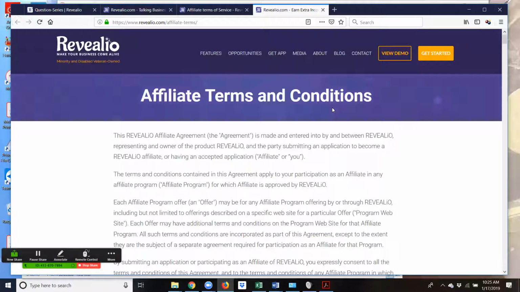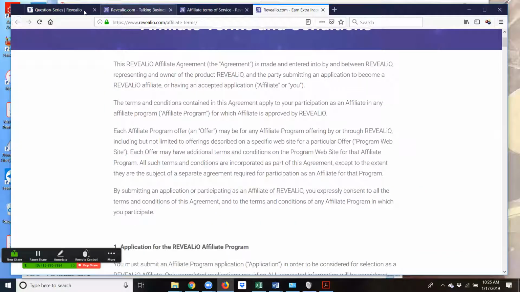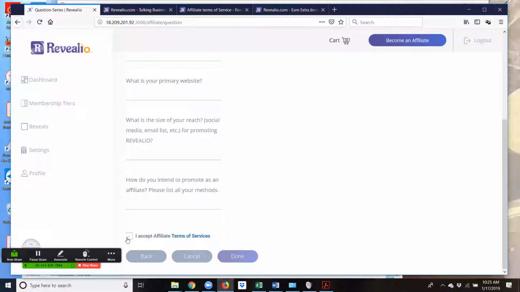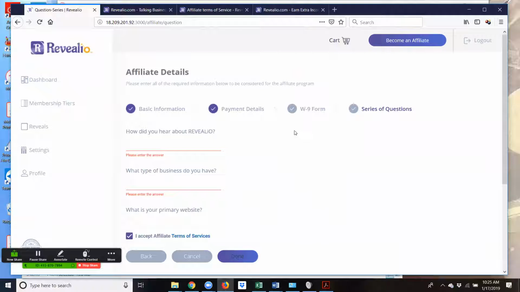You can read it all so that you understand what you're signing up for. You can read it all before you go here. But you need to select this because that lets us know legally that you are fully aware of the way the affiliate program is going to go. You hit done, and then once you hit done, oh, it's telling me I need to enter all of these things. Once you hit done, the admin will receive a notification that you have applied, and then we will review your application and we will let you know whether or not you need to complete something a little differently or whether we approve you. Once we approve you, then this thing over here becomes, instead of saying become an affiliate,